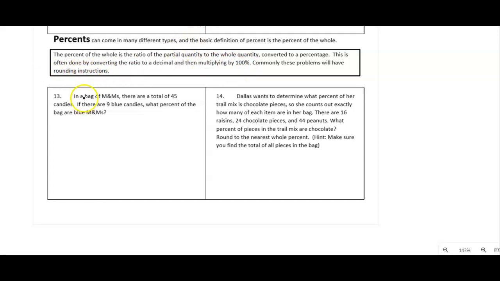So for example, in a bag of M&Ms, there are a total of 45 candies. If there are 9 blue candies or M&Ms, what percent of the bag are blue M&Ms? So the part over the whole is the essential definition of a percent. And the part is 9, and the whole is 45. And again, candies or M&Ms,